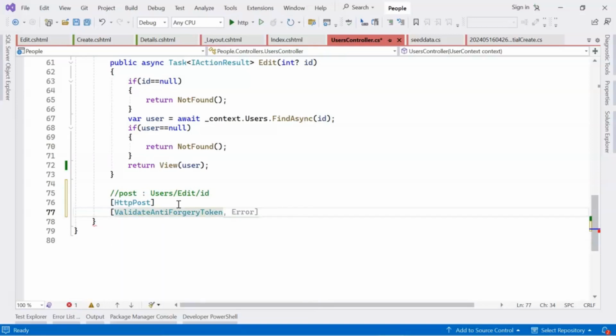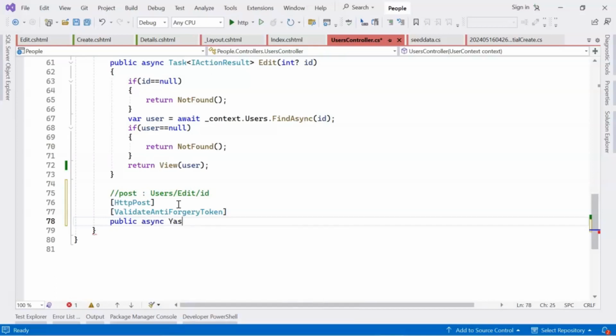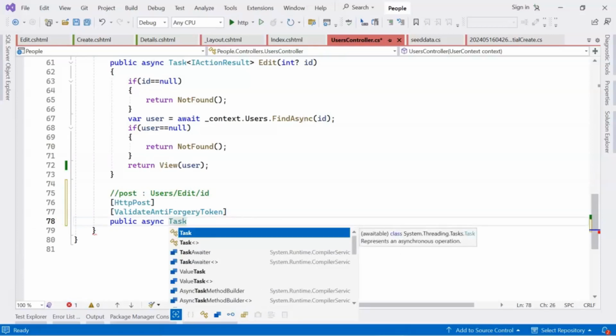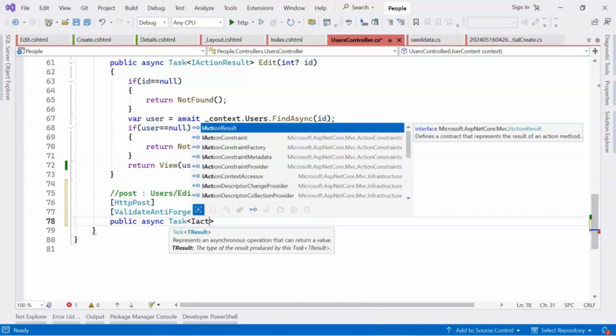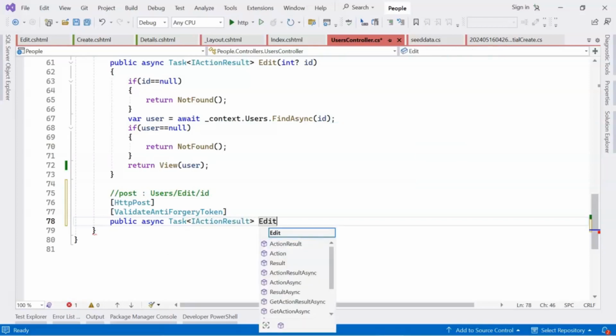I have already explained it when I was doing the create. Async task IActionResult edit